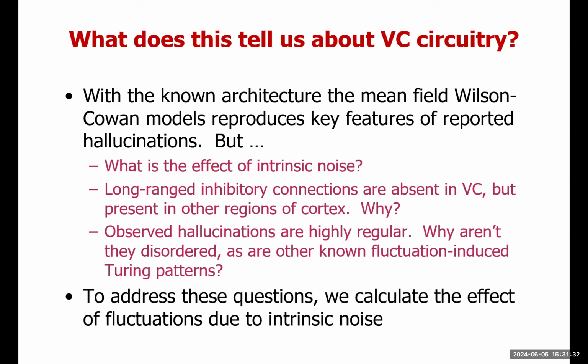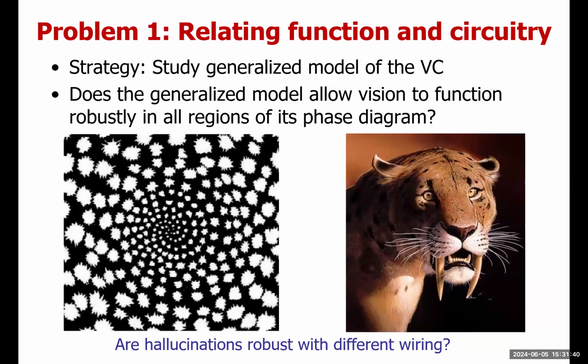So you have to take the field theory that describes the visual cortex, and then you have to do the one loop calculation for its stability. So let's have a look at that. We're going to take a model of the visual cortex, and we're going to allow it to be connected in some arbitrary way. Okay, and then the question we're going to ask is this: if I take the generic